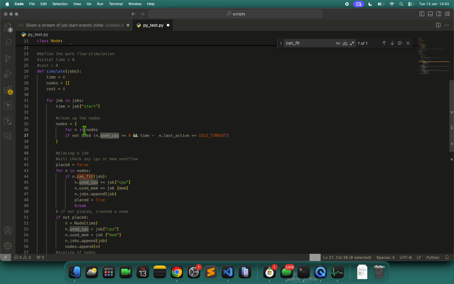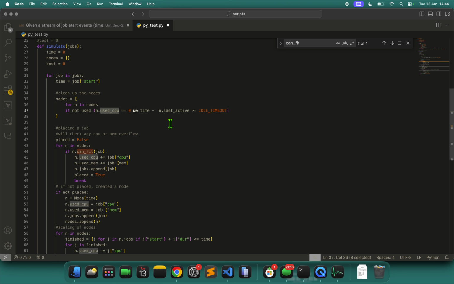So this block for the nodes section checks the used CPU and the last active thread, or any message we have. If it does not have any connection, it goes into the idle state, and if the idle state is more than 5 minutes or 300 seconds, it clears the nodes.